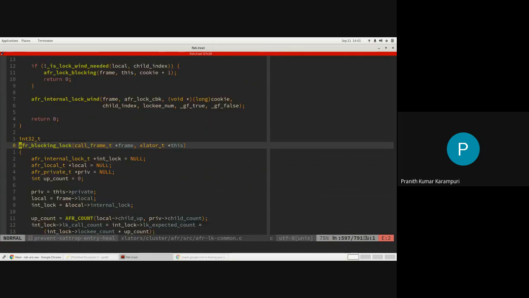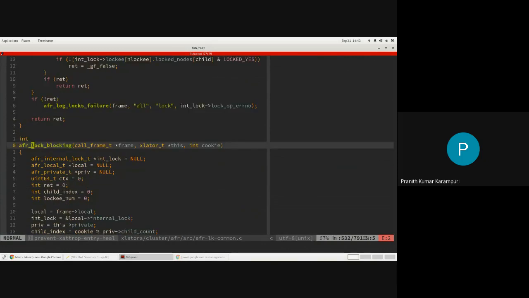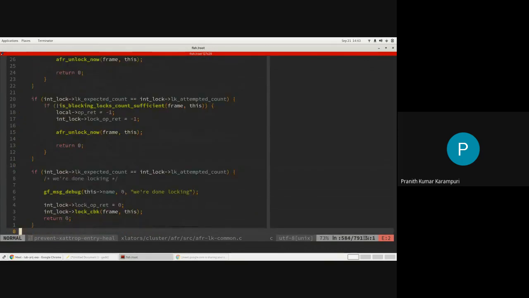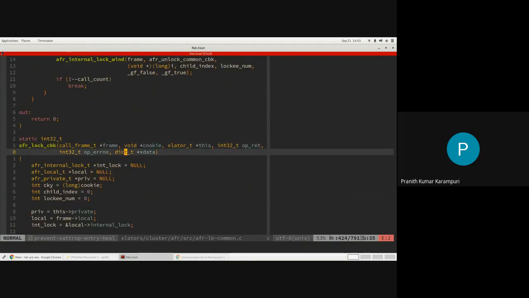In blocking lock, as you may imagine, it will start with index 0 first. Every time you take a lock, it will go to the next lock. Basically, this internal lock point is the same one, which will do it based on inode lock or entry lock. But after this one, it will go to the next one.